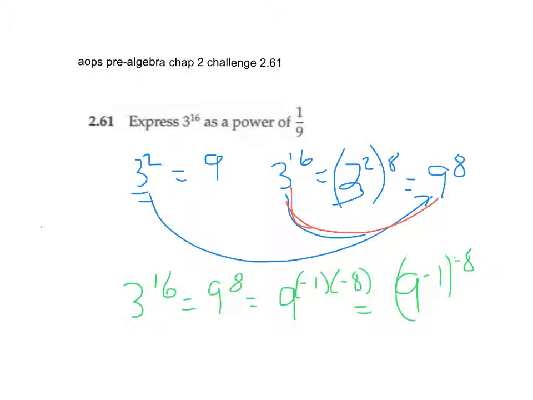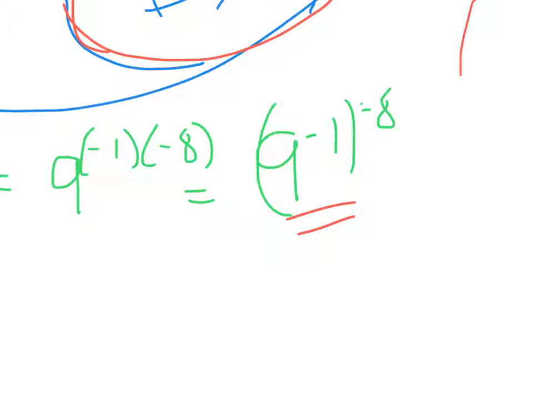And why are we so interested in getting 9 to the minus 1? Well, because 9 to the minus 1 is 1/9. So this is a sophisticated way to get it. So 9 to the minus 1 is 1/9